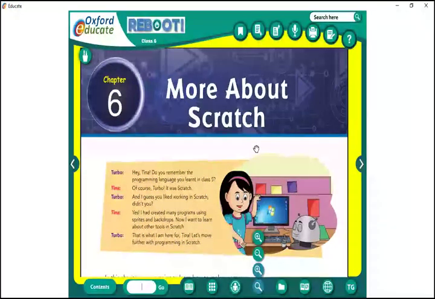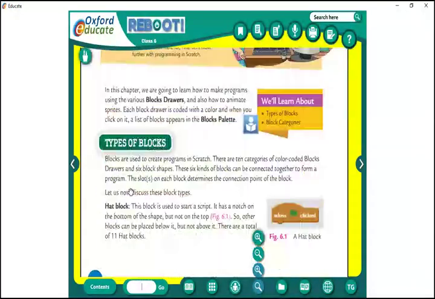Okay, so more about Scratch, and we will see the types of blocks. Blocks are used to create programs in Scratch. With the blocks only, we have already seen there are 10 categories. Underline please.